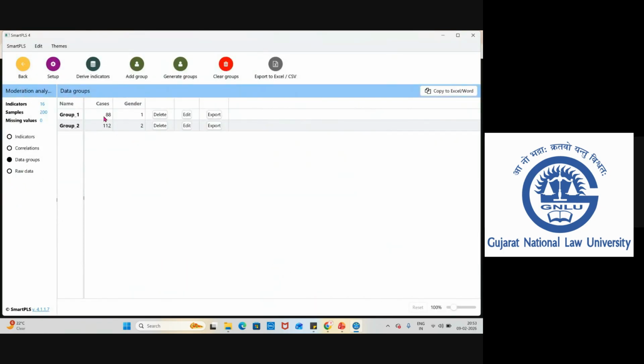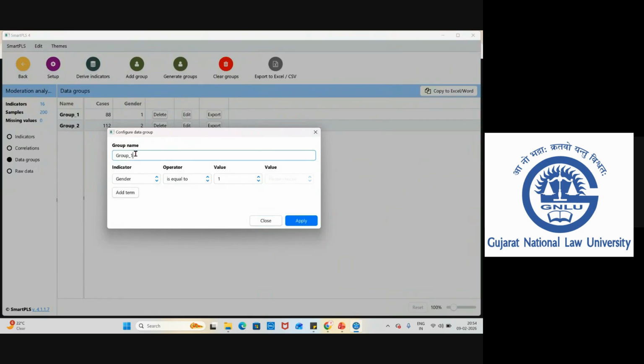Now it's asking what are the specific groups that you're going to create. We have 200 respondents. Out of 200 respondents, 88 people belong to the male category and 112 people belong to the female category. Now we need to give clarity on what is meant by group 1 and group 2. For that, just click on edit and give the title.